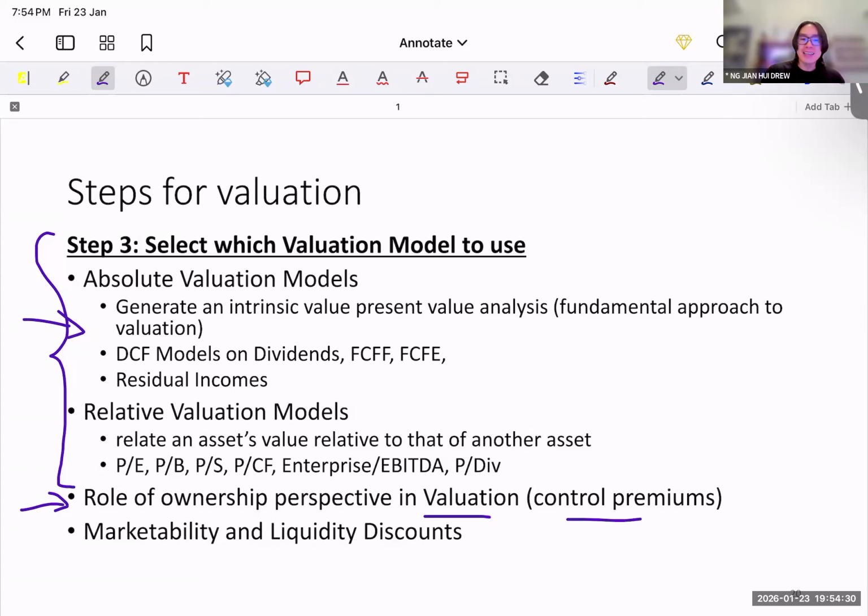So if you understand this, then perhaps you would not use such a high discount rate when valuing Singapore Technologies, because we know that the sovereign rating of Singapore is triple A by Moody's or Fitch. Meaning the risk is very low: in a default situation, the Singapore government can actually step in to save Singapore Technologies. So understanding the shareholder of a company in your valuation report becomes important.